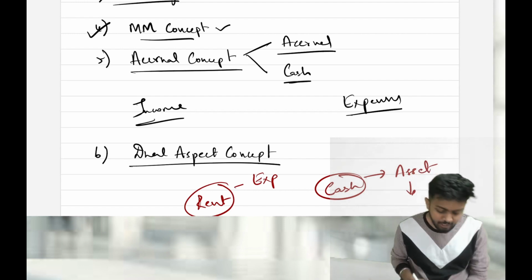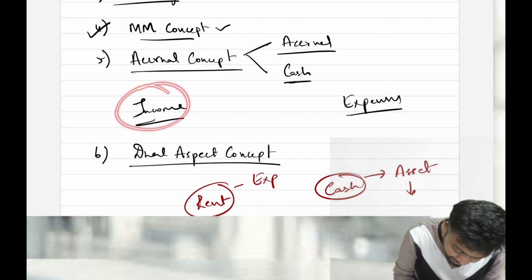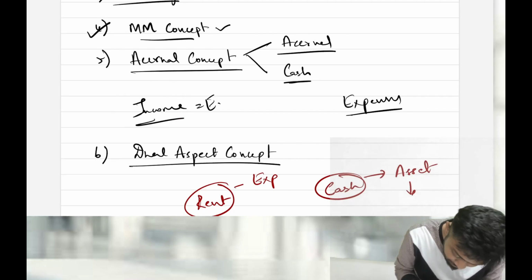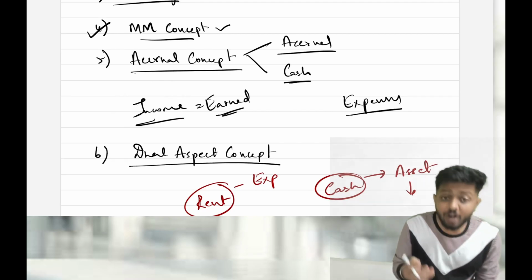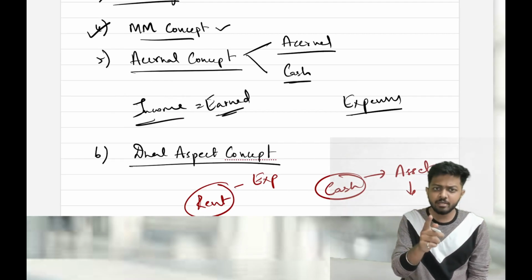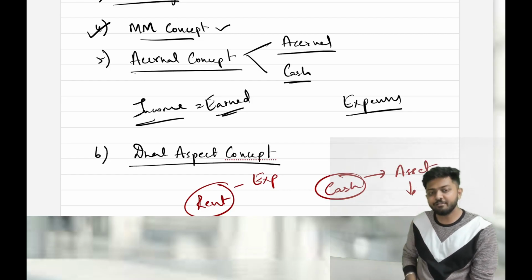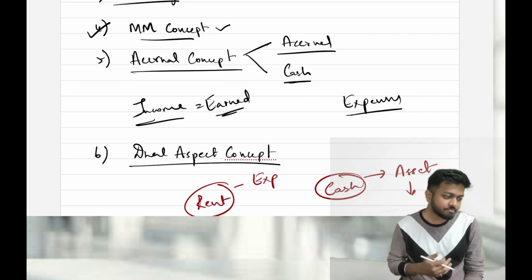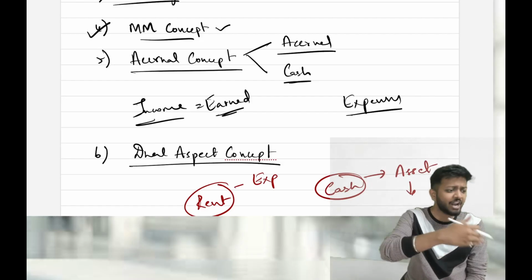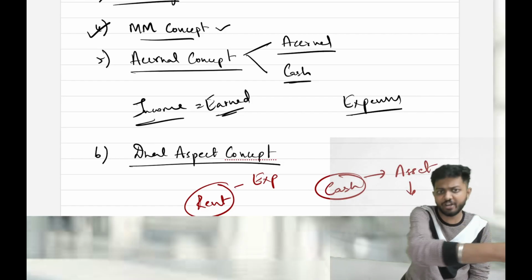What is the question? In case of income, whether I have earned it, then I will book it. Yes, sir, but I have not received the money. It's okay. Have you earned it? Yes. Then book the income. If I am a seller of goods, when will I earn the income? I will earn the income when I have sold the goods, when I have transferred the title in the goods, when I have delivered the goods, when I have given the possession.